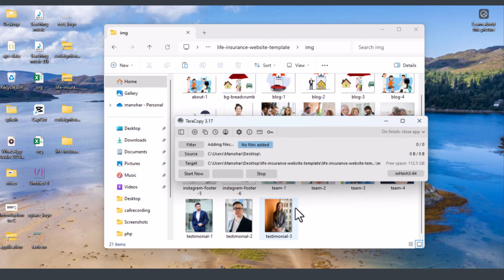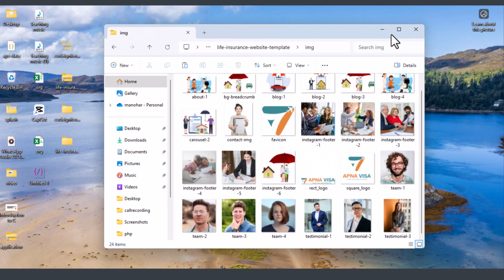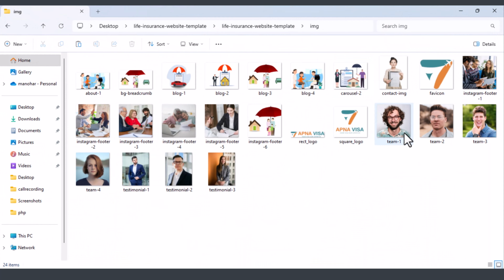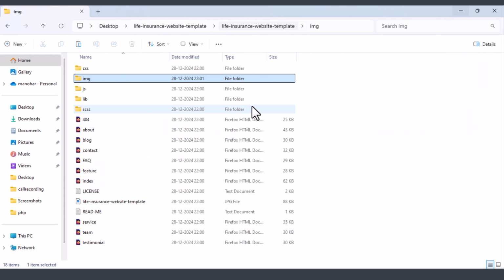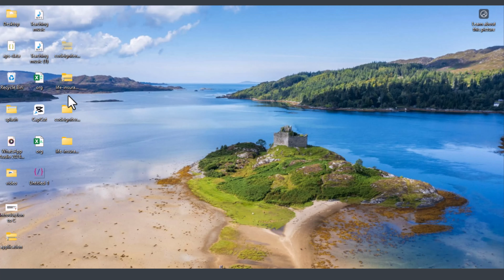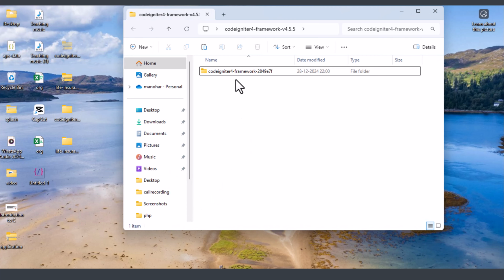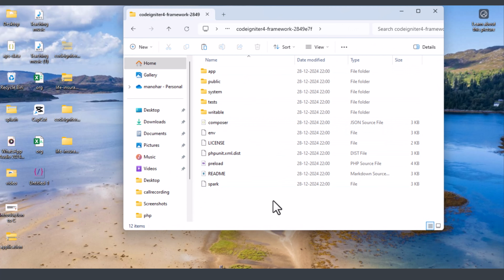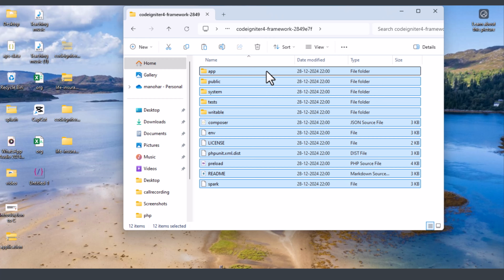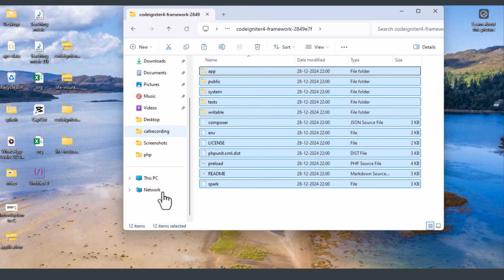We will show you how to use the favicon and all. The favicon icon was not present when I installed this template, so you can see the video. You can just go back and check where I have shown the index file. So you can check that. It was not present. So that's it. We'll just copy all the files which we have downloaded into the CodeIgniter framework, and